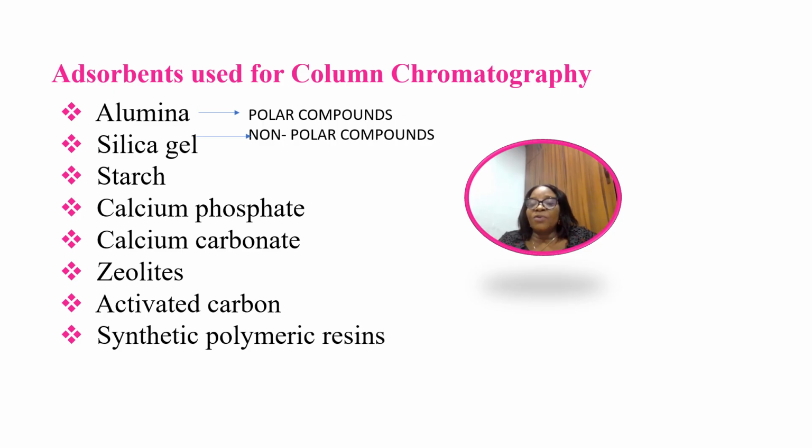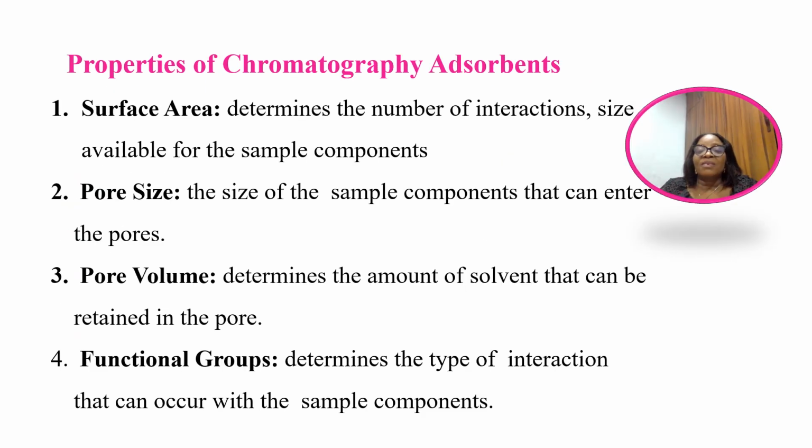The adsorbents needed for column chromatography must have very high surface areas and a porous structure. This is because they can adsorb substances onto their surface through intermolecular forces. The adsorbent should be able to retain a specific analyte or group of analytes for a given sample volume. It should also be able to release the analyte during the desorption process. The properties of the chromatographic adsorbent are significant. They affect the separation efficiency and resolution of the technique.